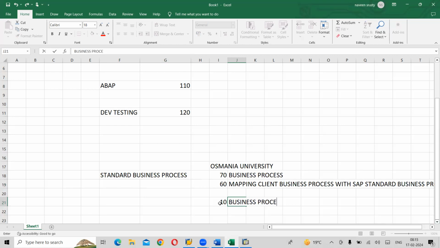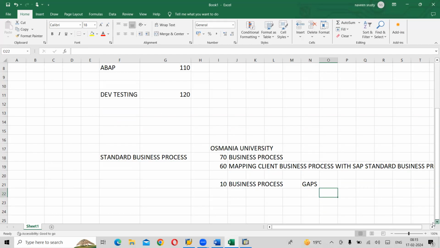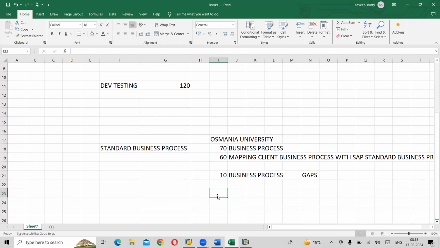These 10 business processes we are not able to map with the SAP standard process. These are called gaps. So total 10 gaps, and out of these 10 business processes, two business processes